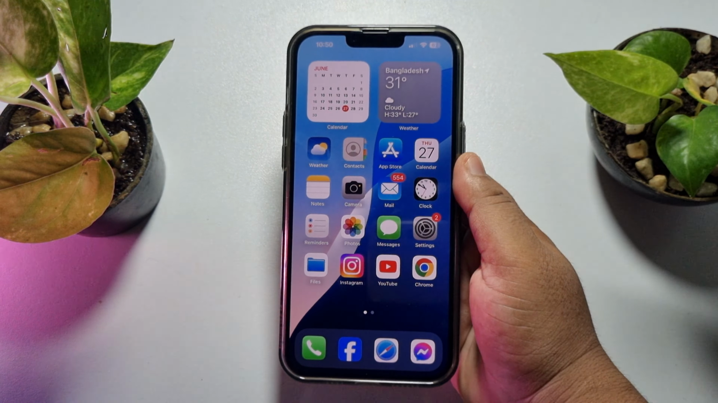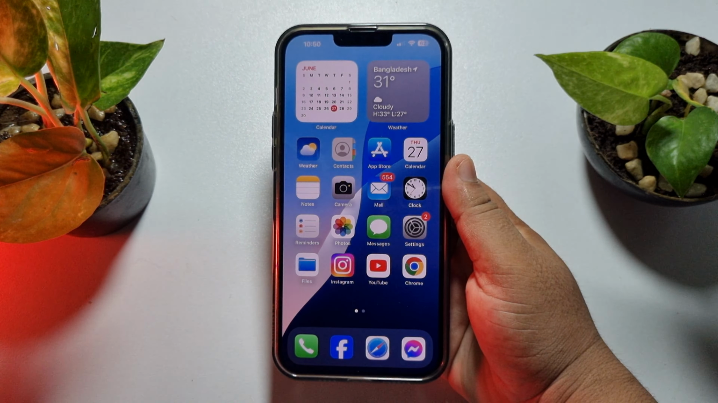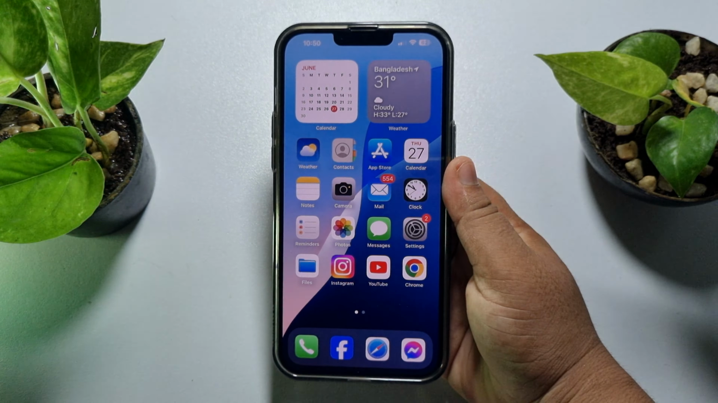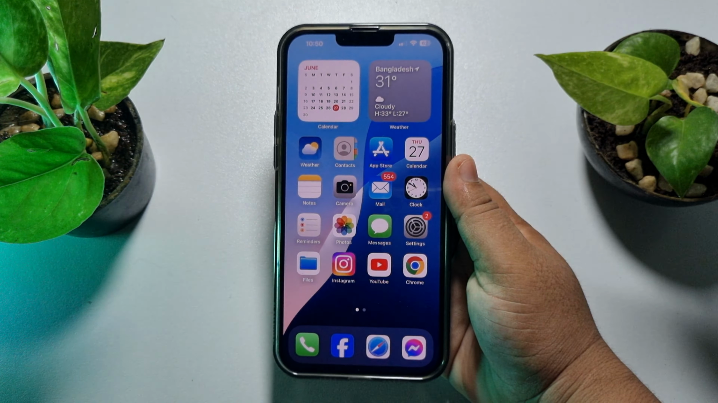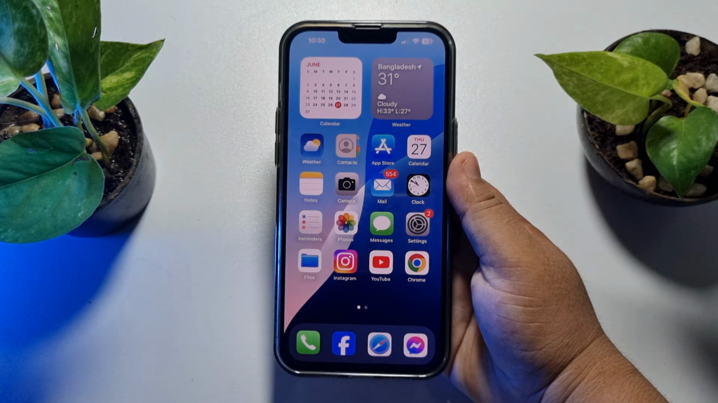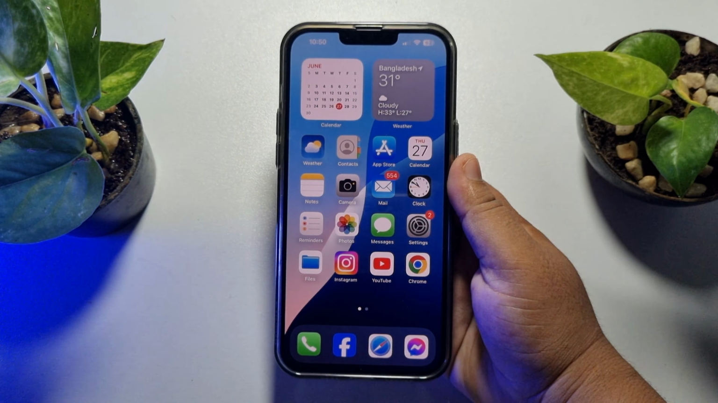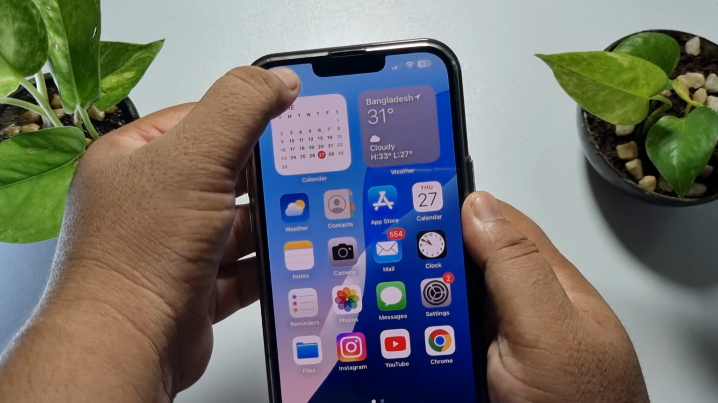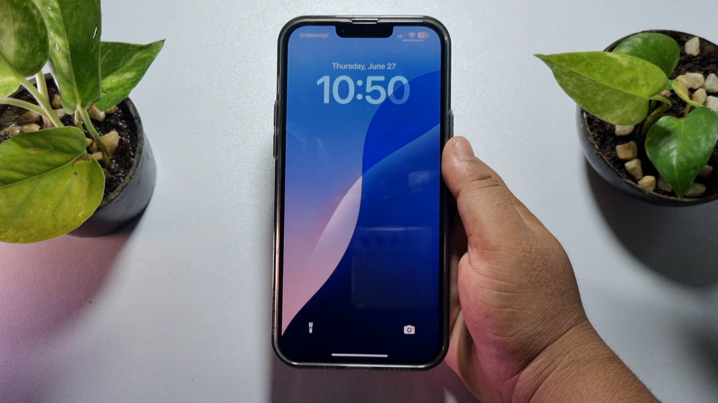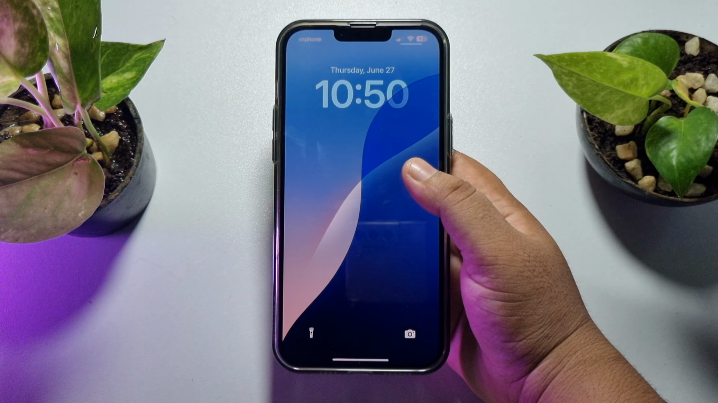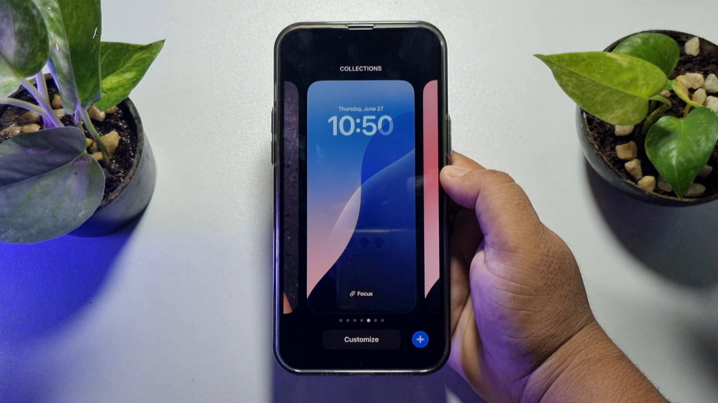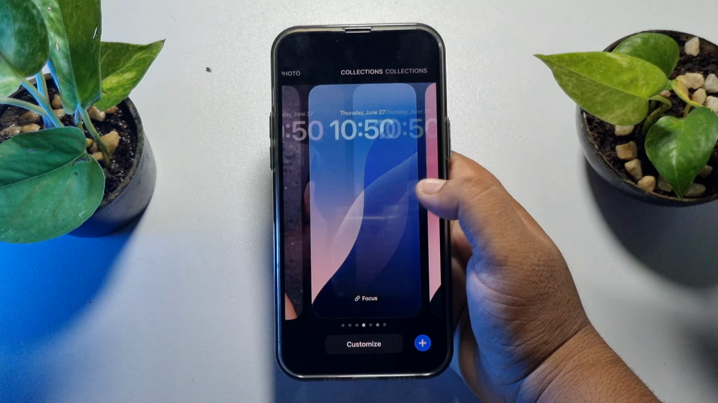In this short video, I'll show you how to see and delete old wallpapers on your iPhone. To view and delete all of your created wallpapers, first of all, open your iPhone lock screen. Once you are in your iPhone lock screen, hard press anywhere, and then here you will find all of your